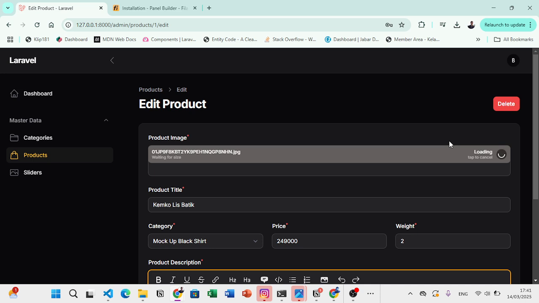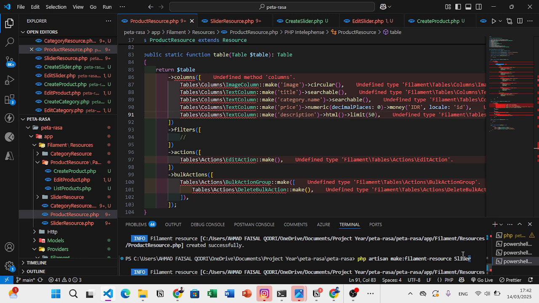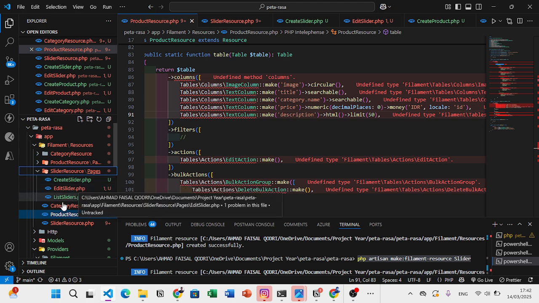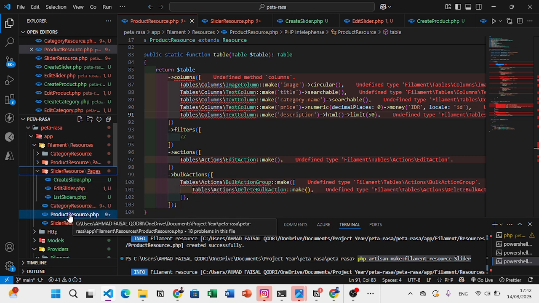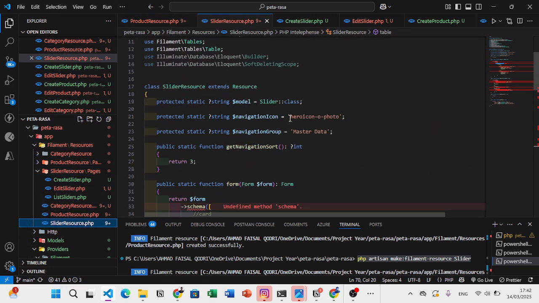Okay, after that you can create a slider resource. This is pretty easy. Like before, we can type this command, php artisan make:filament-resource Slider, and then we get some files again, like category and product. The slider is the same. We get four files, I mean, four files and one folder, and then you can change the icon to this photo,